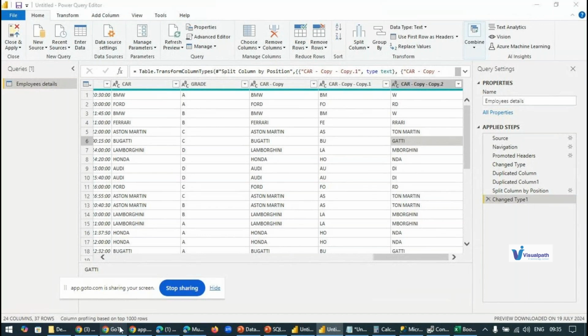Is it different from Excel, sir? How is Power BI different from Excel? Yeah, much different and a lot more features. You can connect multiple sources and you can handle unlimited millions of data. Can we have unlimited data in Excel? No, there is some limitation. No, it will not work.